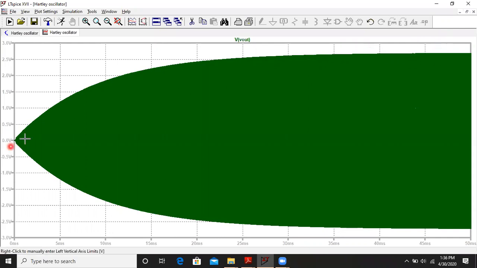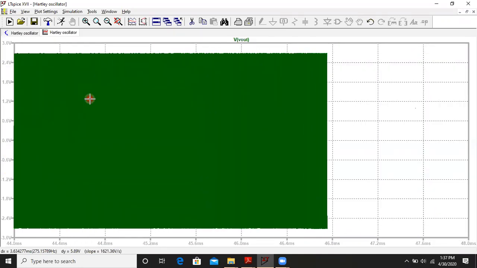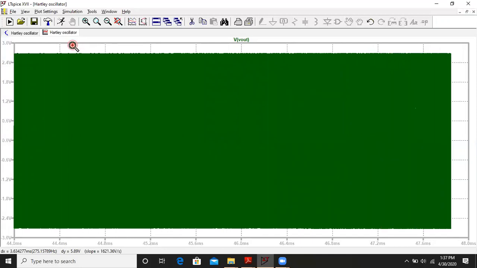So as you can see, it's a progressive increase and it's symmetric both above and below zero. And these are compressed waveforms because of very high frequency. So we have to expand the waveform. To expand the waveforms, place your cursor over here, left click and drag. So we have to further expand the waveform. So again, left click.